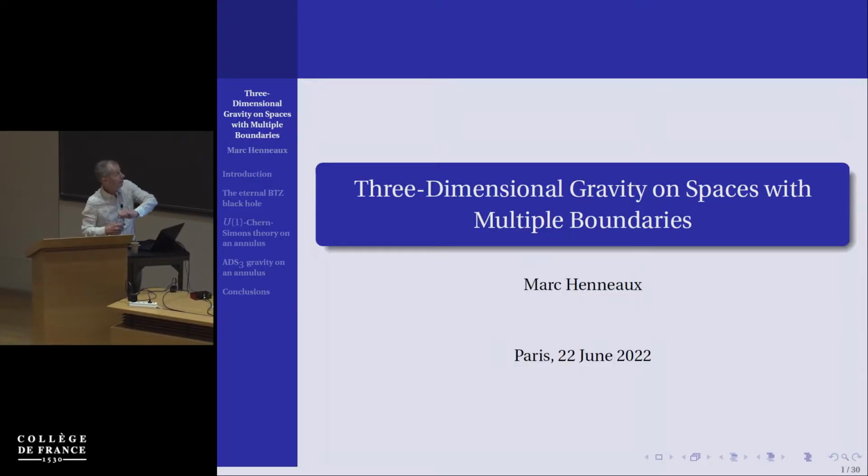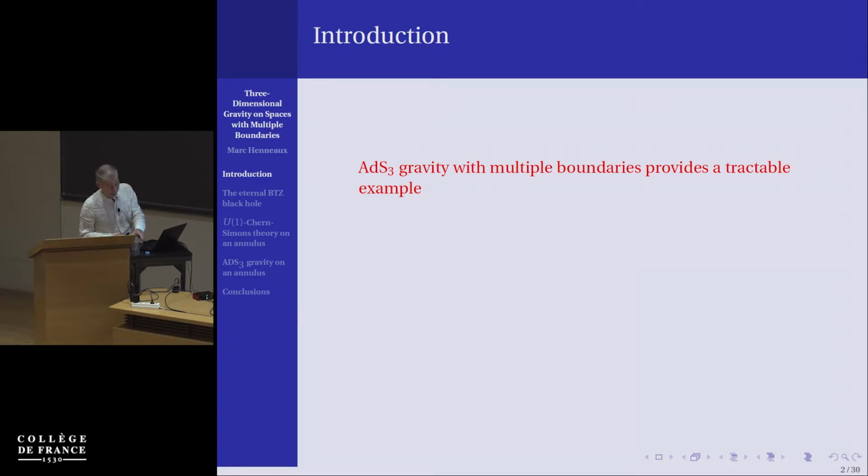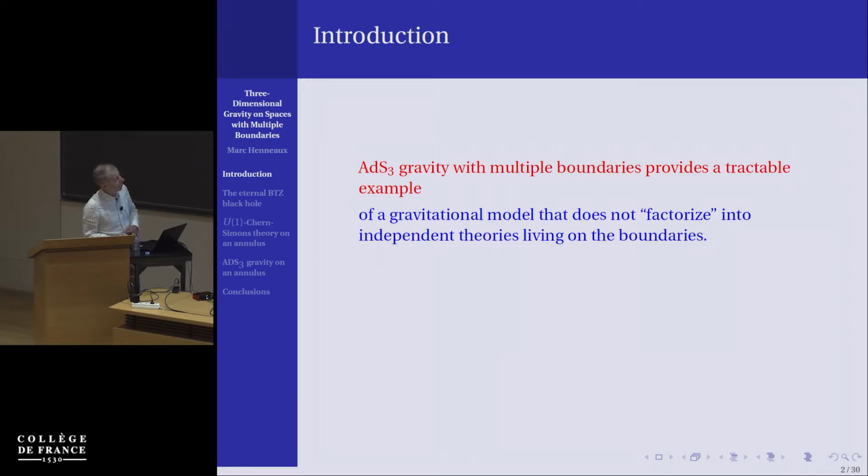Okay, so I will discuss in my lecture a topic which is somehow connected to the previous talk and also to a seminar we had last week, which is to analyze three-dimensional gravity on spaces with multiple boundaries. And the reason why it's of interest is that that gives you a very tractable example where you can work out all the formulas to the end of a gravitational model that does not factorize into independent theories living on the boundary. So as we know, AdS gravity has no bulk degree of freedom,